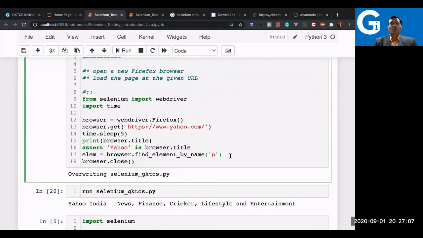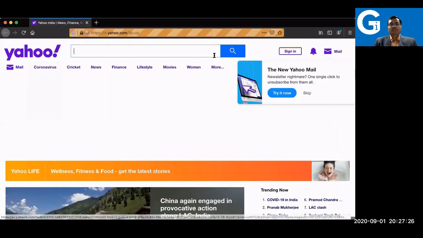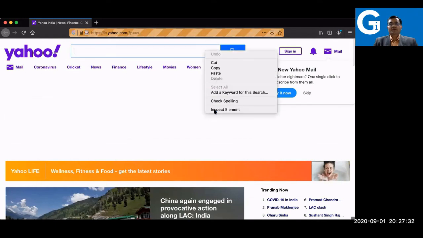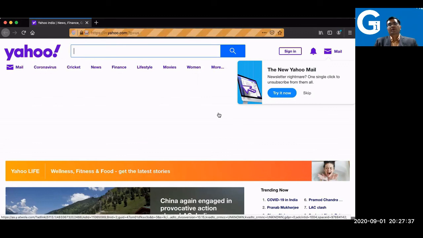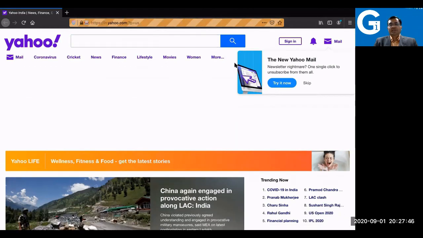So before we go ahead and check it, let me go back to Yahoo here and check whether there is a search box, and that search box name is p or not. So here I'm going to share the new screen to show you whether there is a search box element, this one, and how to check it. There is an inspect element here. You right click. Most of you from testing know that in the browser, if you click, there's an inspect element. Now if you see the inspect element in this case,